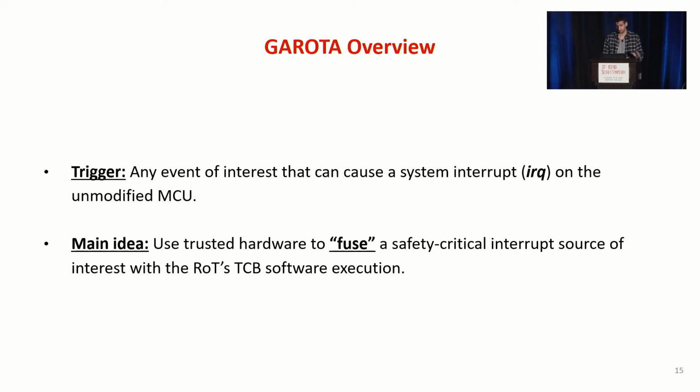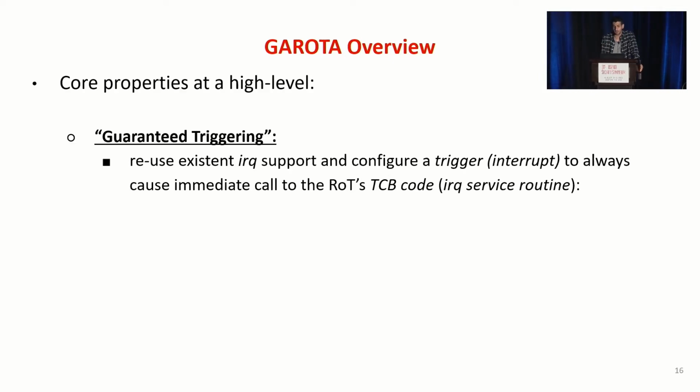And this feature sounds simple, but it requires some modifications. But it boils down to two core sub-properties. The first one that we call guaranteed triggering. And basically, what we do to actually guarantee that an event of interest always causes the TCB execution is that we reuse the IRQ support, and we cause an immediate call to the TCB code as an interrupt trigger,